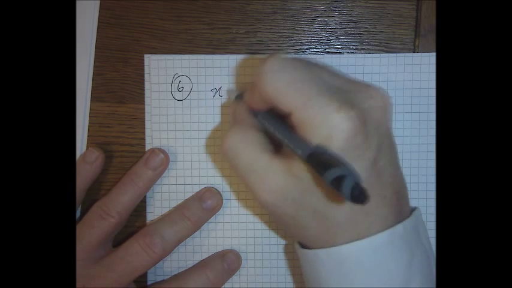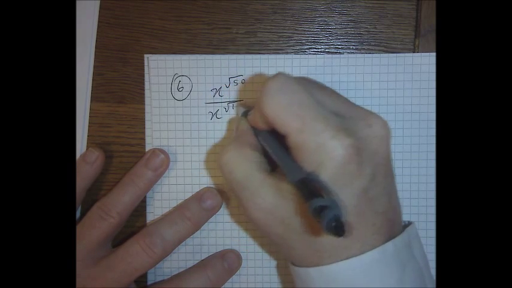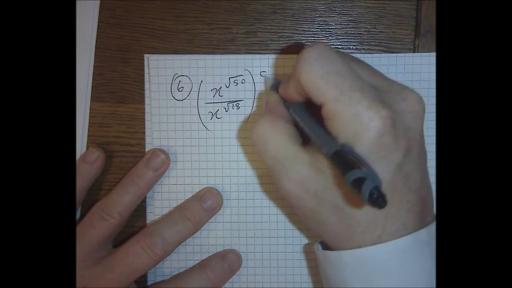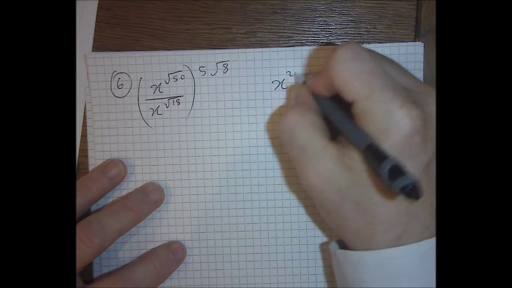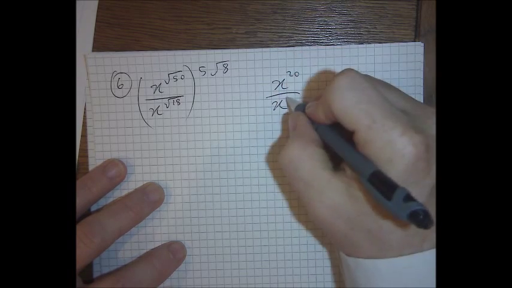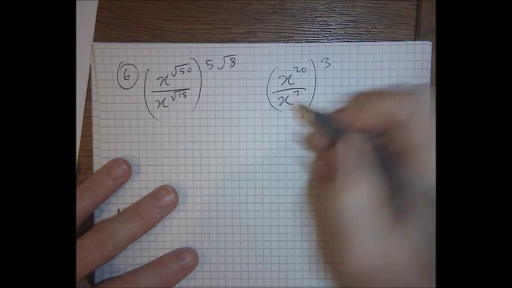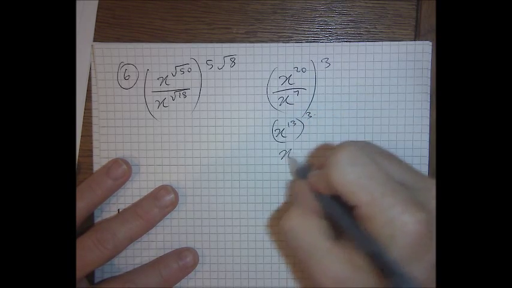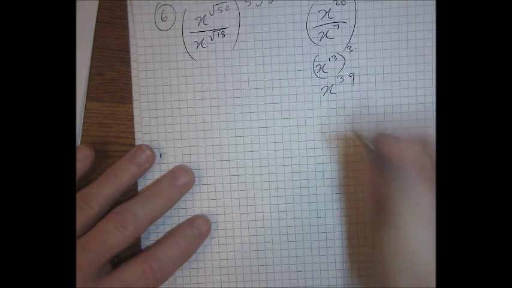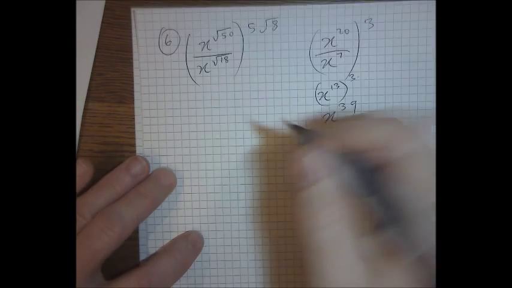Okay, so here's a strange problem. Now, what would the simpler version of that problem be? It'd be something like this. Just make up random numbers. What would I do there? I would subtract those powers, and then I would multiply those powers. If that's what you do in the easier problem, that's what you do in the harder problem.